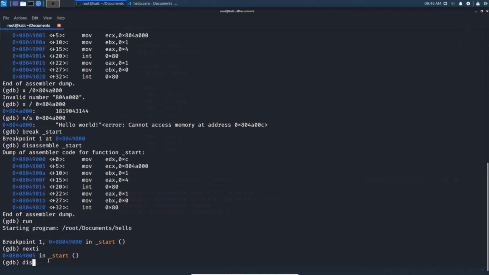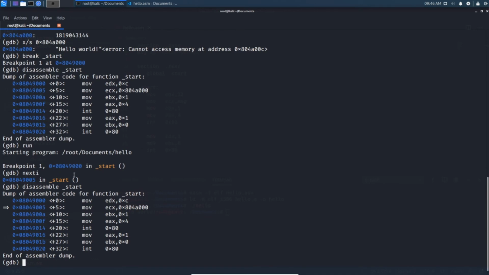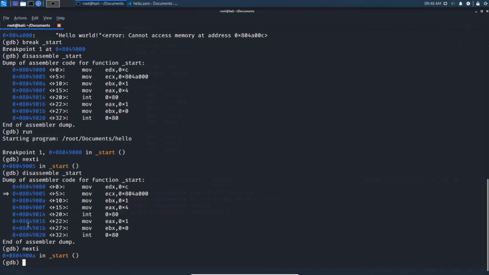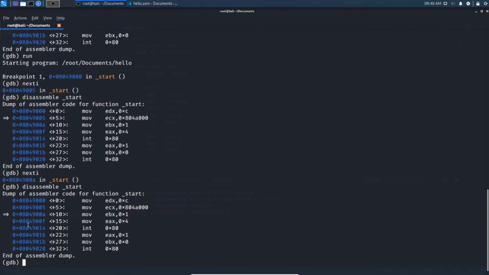And if you want to see the pointer, again you need to type the disassemble command. See here, the next instruction pointed to this, I mean the pointer is pointed to this. Again if I hit the nexti command, and then again disassemble start, you can see that the pointer has been moved to another address.